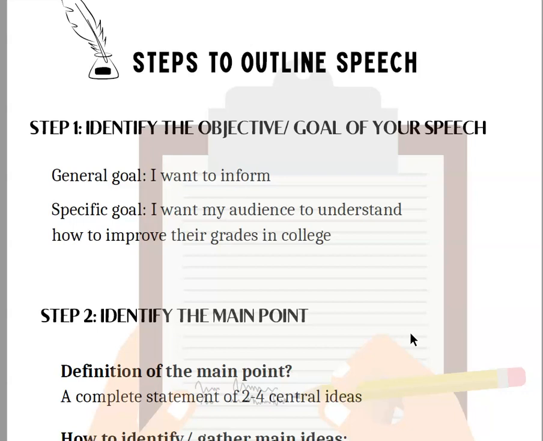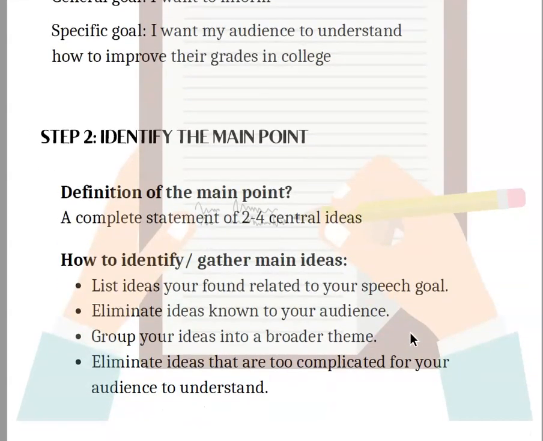Okay, the general goal is an overview of what you want to do in your speech. So the example here is I want to inform. So basically the general goal is that you want to inform. But what do you want to inform about? That's where the specific goal comes in. You will talk about how to improve grades in college. Alright? Okay, now once the goal is done, then you would move on to the second step, which is to